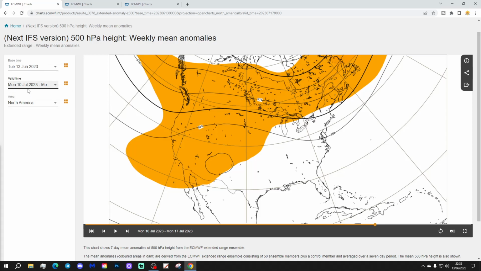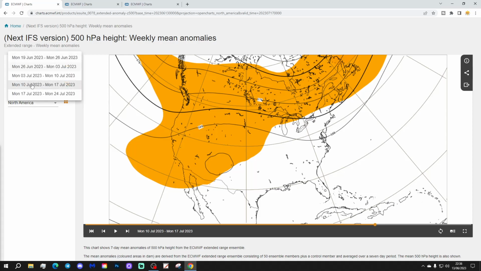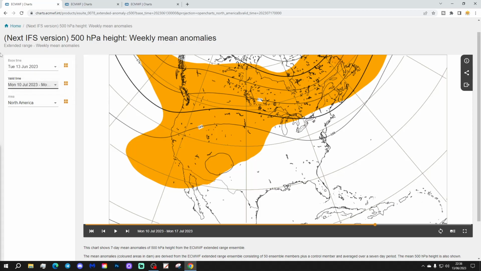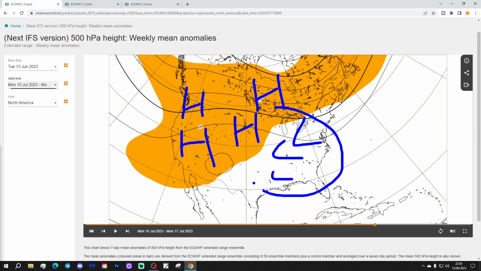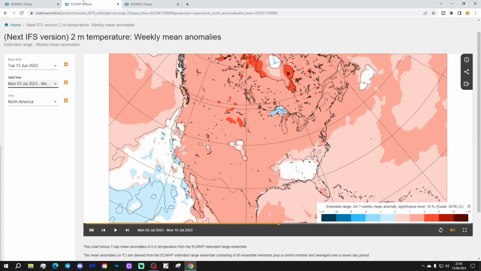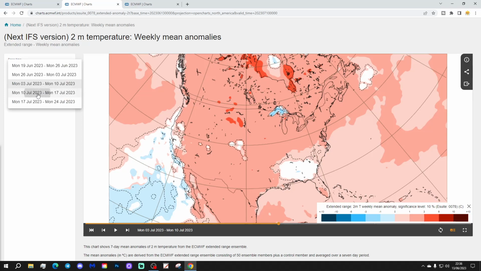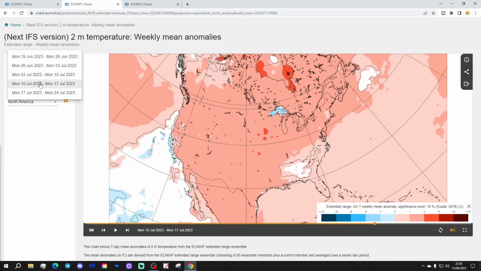This is going to be week, well, it's week 4, but week 5, you see what I mean? It's the 10th to the 17th of July. This is another change on what we've had over several months. Again, we see the above average heights here into the west and the northwest of America. So if this area actually becomes like a trough of low pressure, that is a significant change on the long wave pattern right way back to last autumn and winter time.